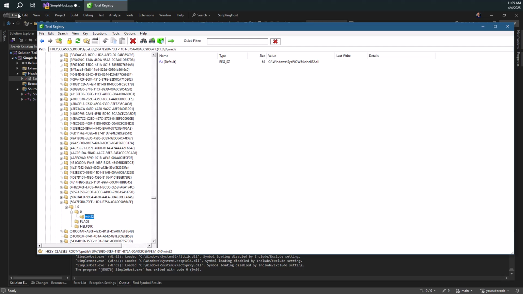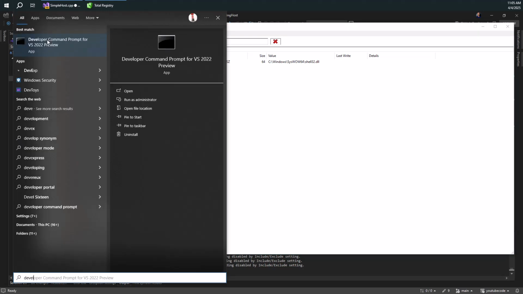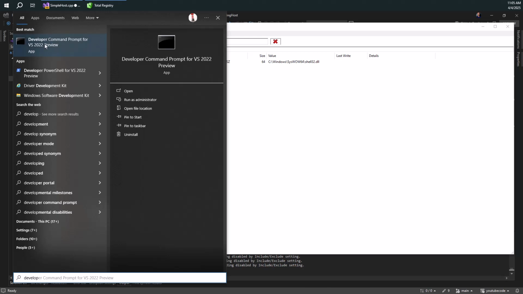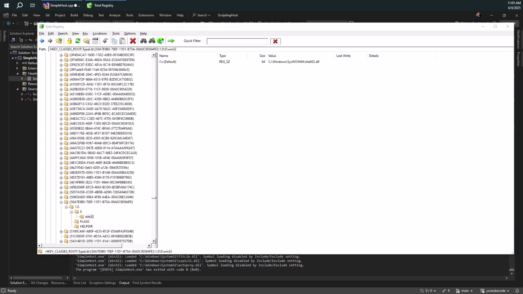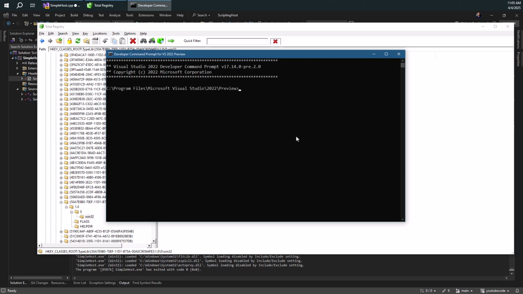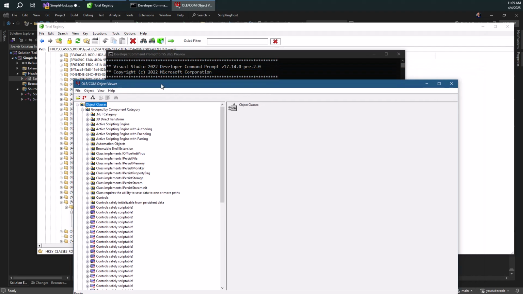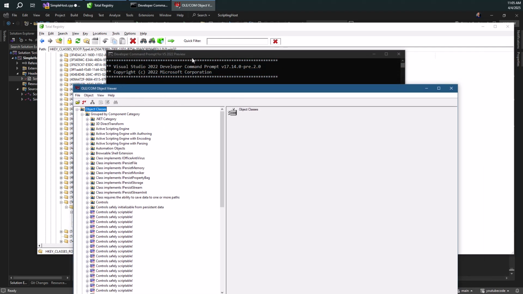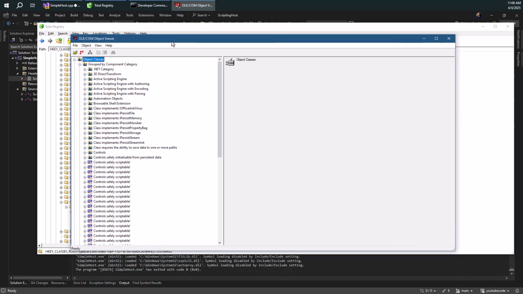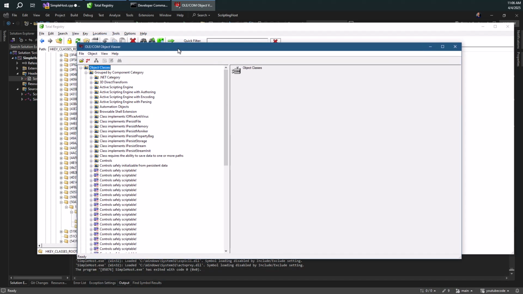And so to get to that, we need to open up the developer command window from Visual Studio. So here's the one. I'm just typing that in the start search. And we get to this window here, and the tool name is Oleview. So I'm just going to type it in. It's going to open up. This just makes it easier to find it because it's in the search path that is provided by the developer command prompt. And here's where we need to locate our actual